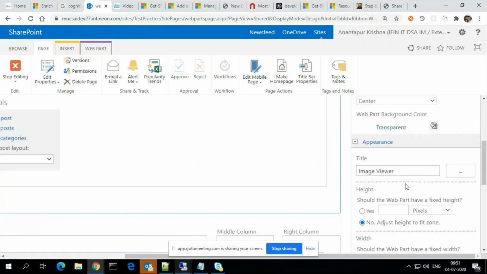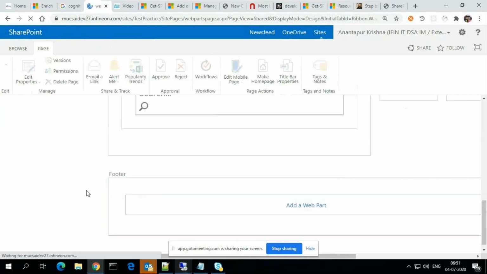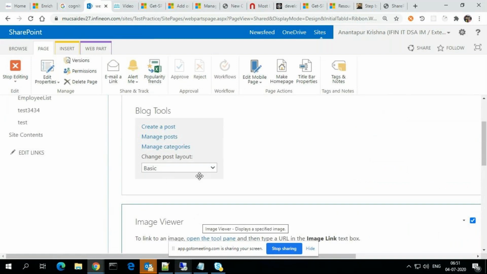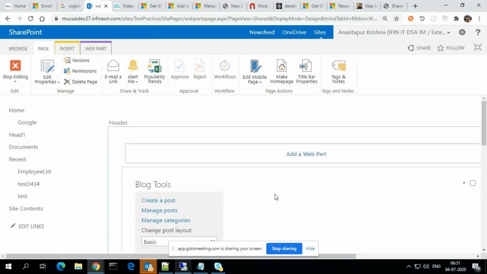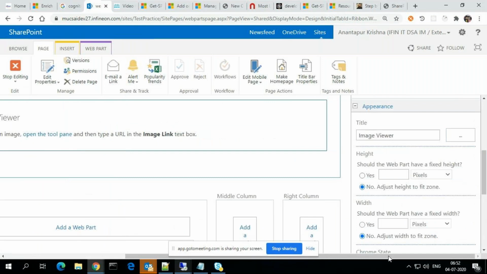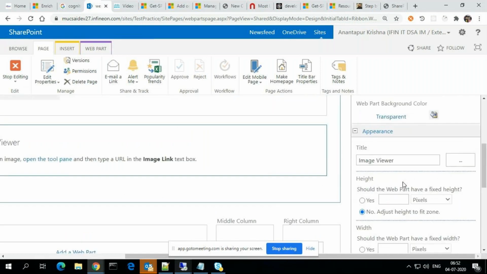Suppose I want to show this web part as 1, currently it is 0, so 0 to 1 apply. Then the web part went down, like web part 0 is blogs, and number 1 is the image viewer web part. Suppose I make it 0 again for this web part, so it becomes 2, I think.